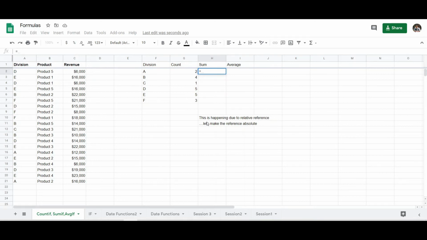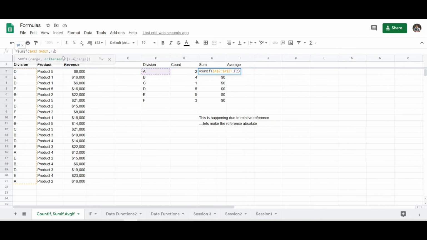Let us try to calculate the total revenue. For that, the function is SUMIF open bracket, range is A2 to A21, comma, this time let us block the range, and the criterion is F2, which is A, and close the bracket. I am getting all 0.